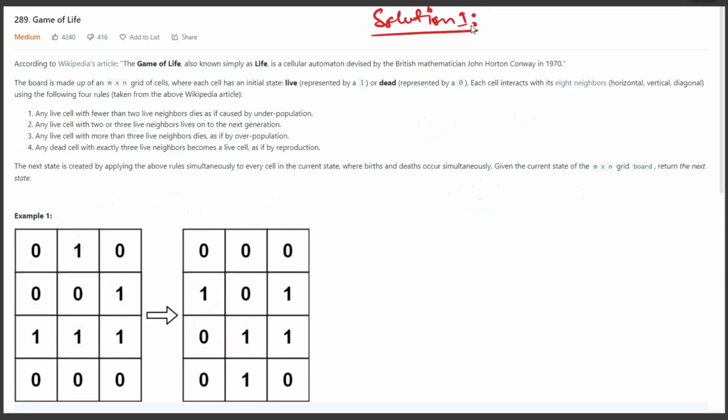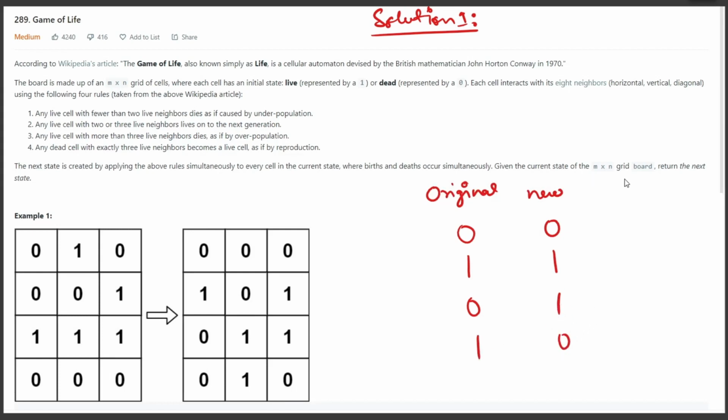Let's see what possibilities there can be. Let's say there is the original state and there will be the next state, our new state. It can be that a dead cell remains dead, or a live cell remains live, or a dead cell becomes live, or a live cell becomes dead.